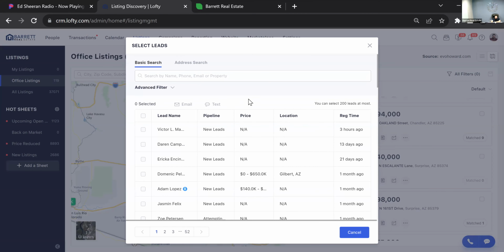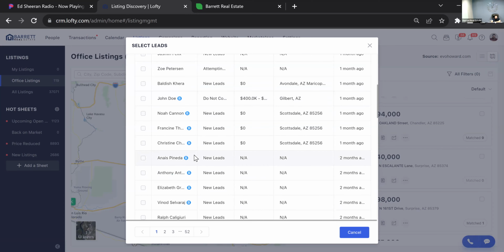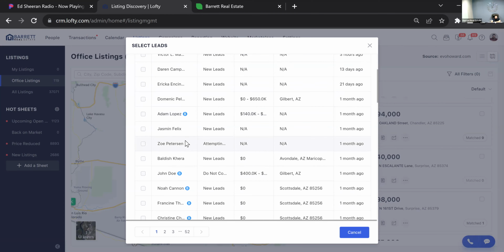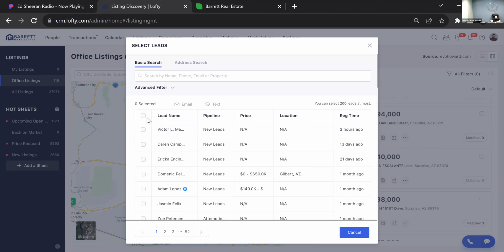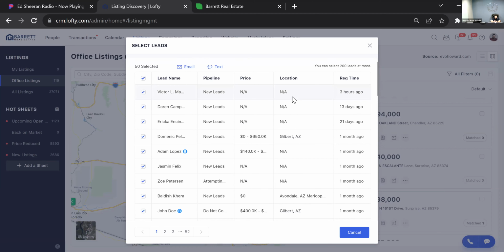So it's going to find leads in here, and it's going to pull up all your leads. And you can literally just select these people, and you can email and text it to them directly. So you can send them this listing if there's specific houses you see that you're like, oh, these ones are really cool. And I know Paul and Patty were looking for something like this,